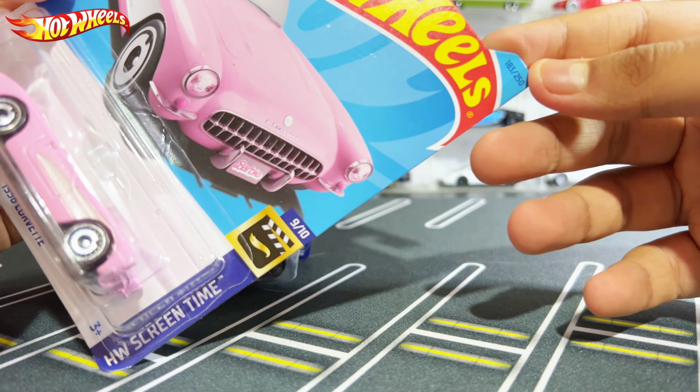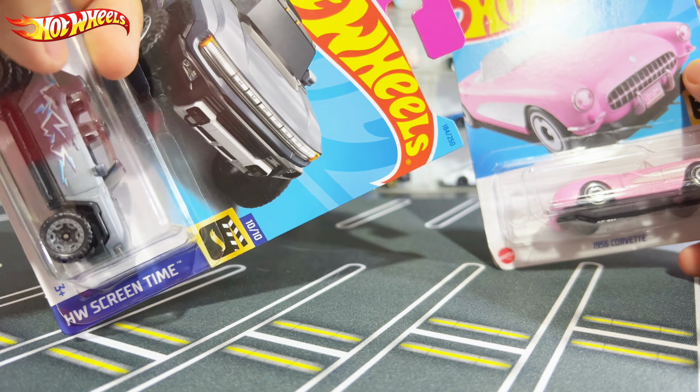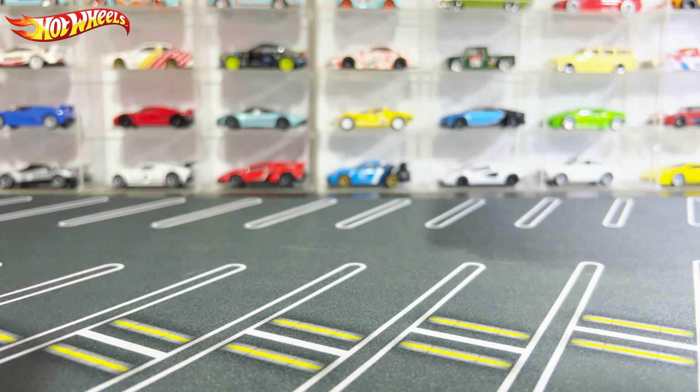let me just mention that this car is number 183 out of 250, the Corvette EV. Moving on, the GMC Hummer EV is 84 out of 250. So let's go ahead and open these up. We'll start off from the right. So we'll open up the Corvette first,